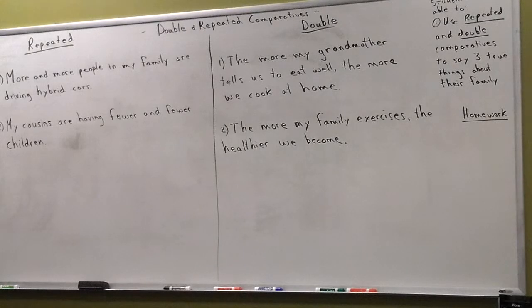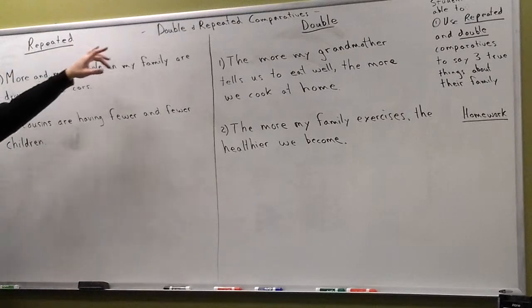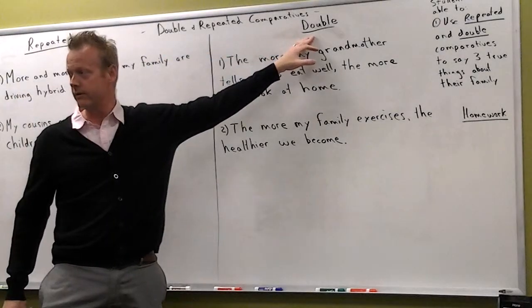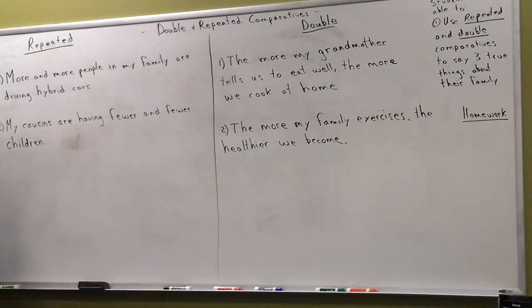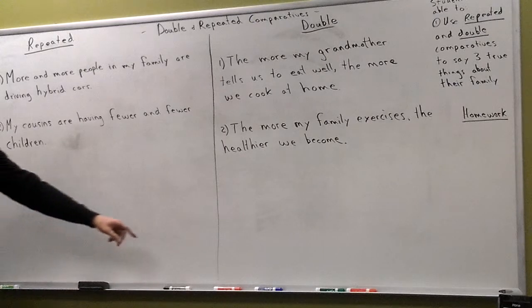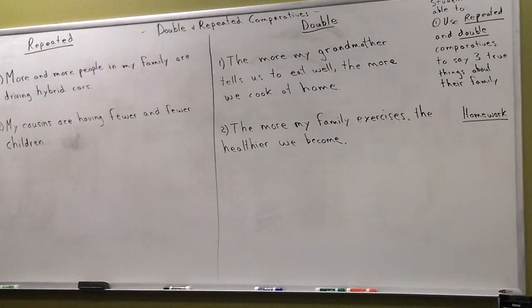My cousins are having fewer and fewer children. That's interesting. Let me ask you a question. When you look at these, one of them is called a repeated comparative, and then one is called a double comparative. Okay? But they're both comparatives. Over here, can somebody tell me where is the repeated comparative? More and more. Yeah, more and more. How about down here? Fewer and